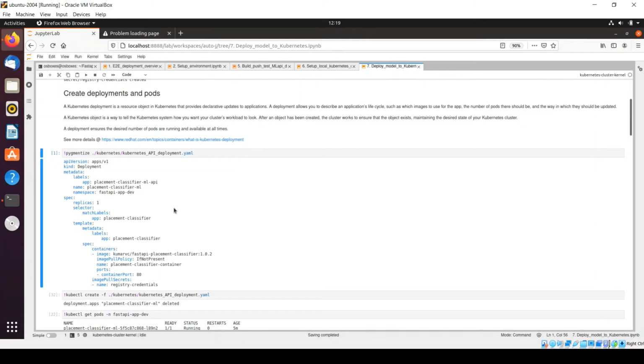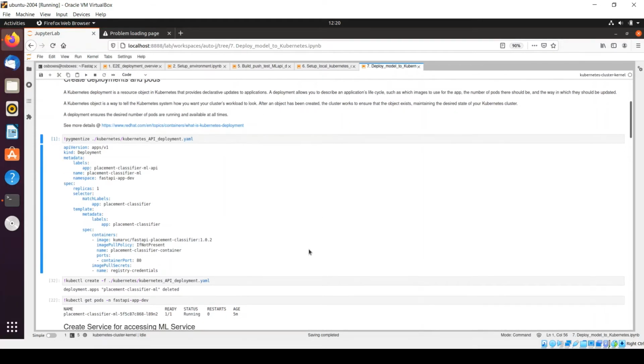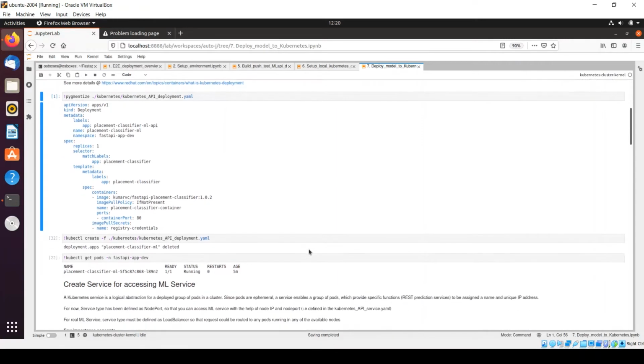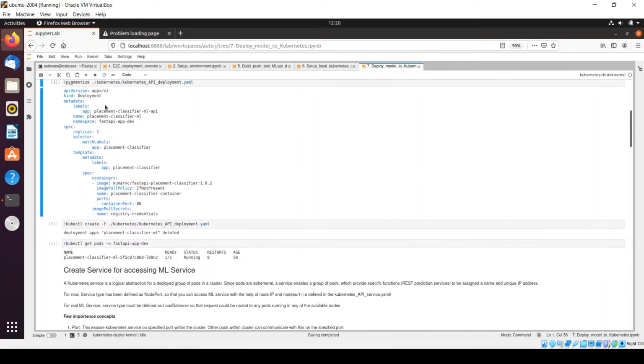Okay. Then we have a very important concept around labels, right? Here you can see that we have one label defined within the template section, and we have another label defined in the spec section of the pod, right? It's a very important concept, and we'll see this as a part of our example. Okay, so first we'll look at the service definition, and then we'll come back to this deployment artifact to understand how it relates.